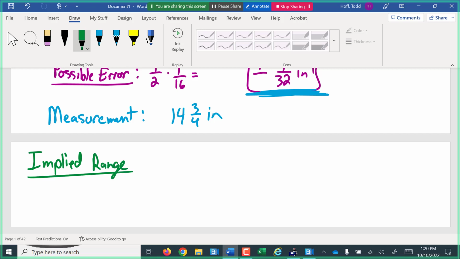When you measure something and report it as 14 3/4 of an inch, what you're saying is it is less than a 32nd smaller. So 1/32 smaller, well, 14